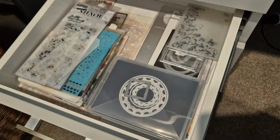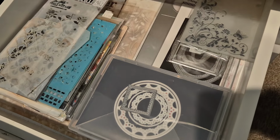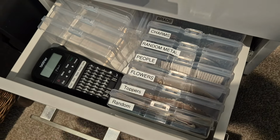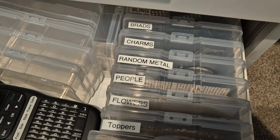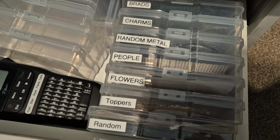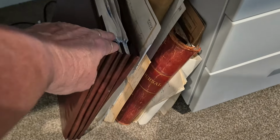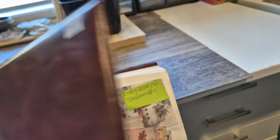So these are like, I couldn't even get into. That's my stencil, embossing and cutting drawer. And then we have, let's just move that. I'm not going to open that all the way up. Then we have like those containers. So I've got quite a few containers that are still empty. That doesn't mean that I can't fill them. This is another ephemera book, and there's some of my ledgers down there, which are the ones that I use